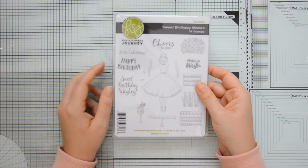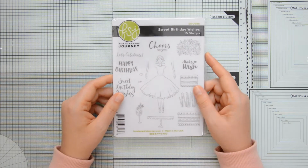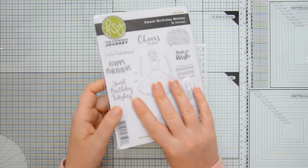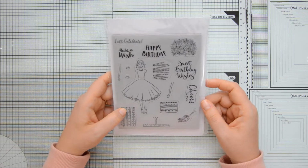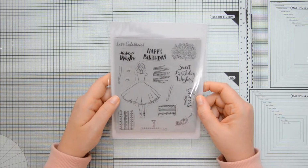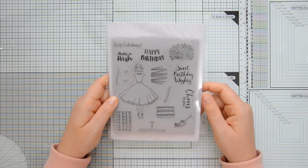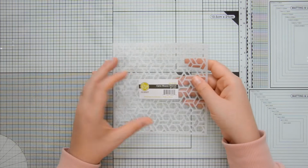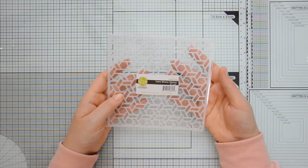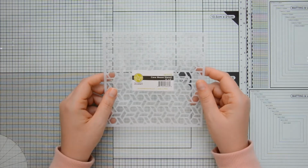Next, we have the Sweet Birthday Wishes stamp set, which can be used for birthday cards, but actually the image with the girl and the floral image are pretty versatile, so you can use them on a variety of different cards. And this, like the other stamps in the kit, is a mounted rubber stamp set with the individual stamps already cut out. The 4th product in the kit is the Cane Weave stencil, which you can use to create